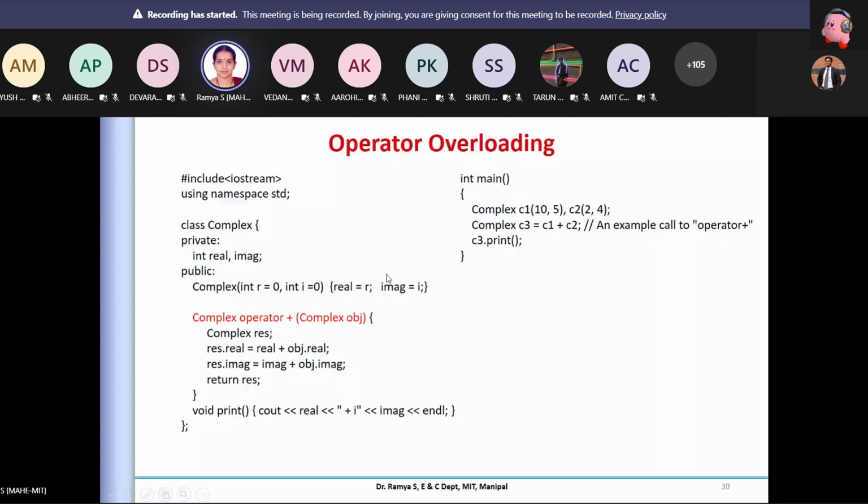So a plus b I can do, but I can't do it at a time because this object has two parts. Whenever I do complex a plus complex b, I want to add the real part with the real part, and the imaginary with the imaginary part. That facility is not there with the symbol plus.